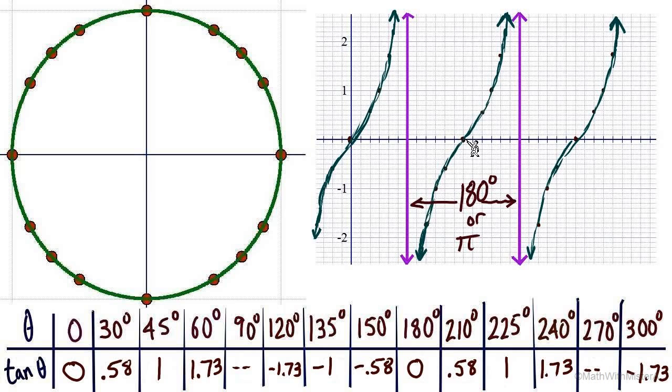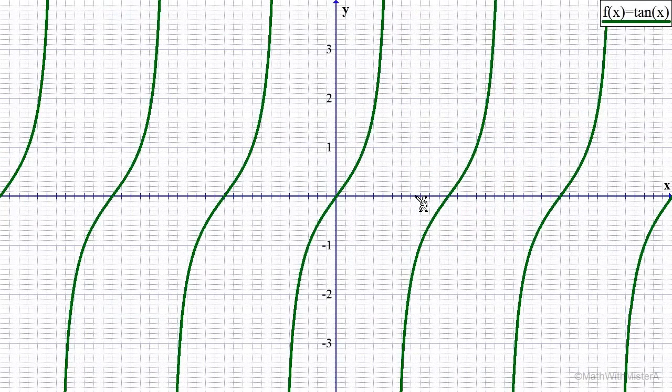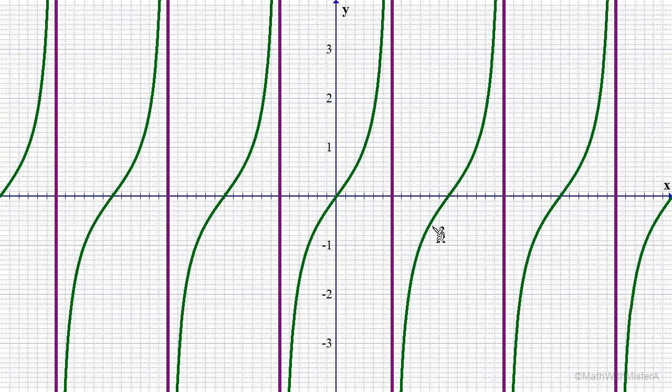There's 30, 60, 90, 120, 150, 180 degrees, or pi radians. So it's important for us to know that the period for tangent function is only 180 degrees, or pi radians. For cosine and sine, it was 360 degrees, or 2 pi radians. So let's take a look at the computer-generated tangent graph, and there it is. The asymptotes are not put there for us. We could put those in just to really indicate where we have our period and where we have these values